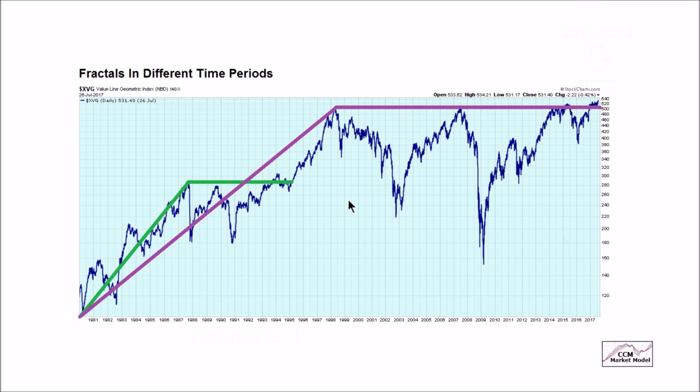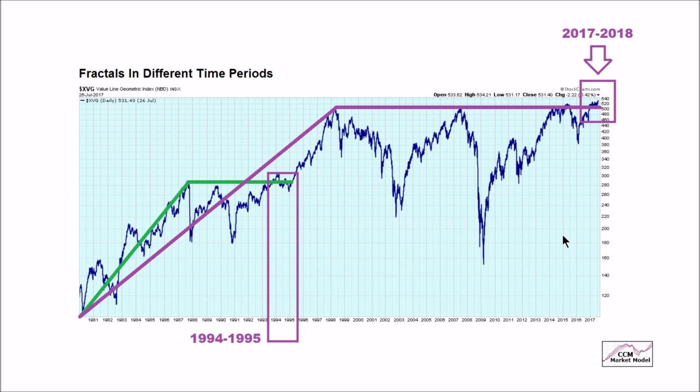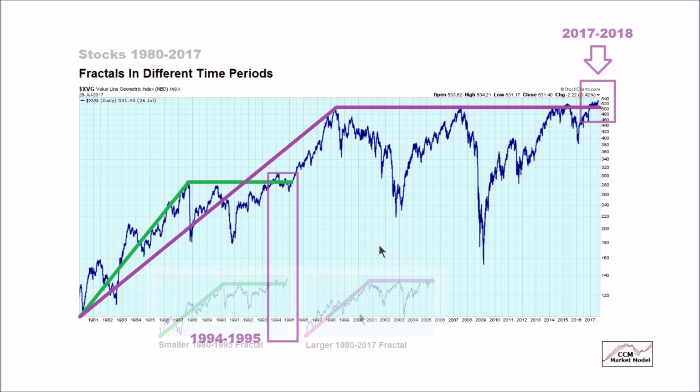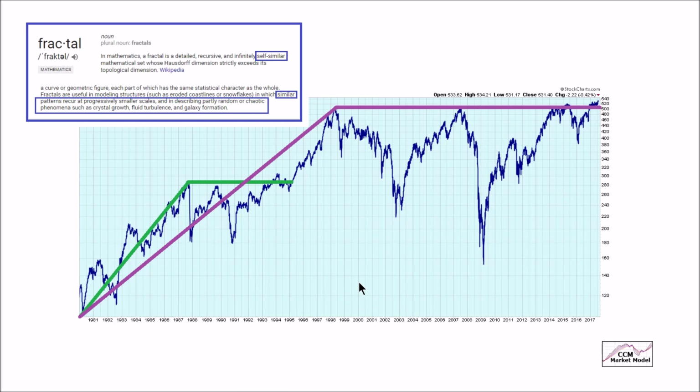And a fair question is, does recent weakness in the stock market and the data that we have in hand negate this fractal? Before we move on, this is just a different way of looking at it. This is the 1980 to 1994 move. Here's the larger fractal, allowing us to see the similarity of the structures. In terms of how it might be able to help us in the present day, let's quickly review some key points from the definition of a fractal.